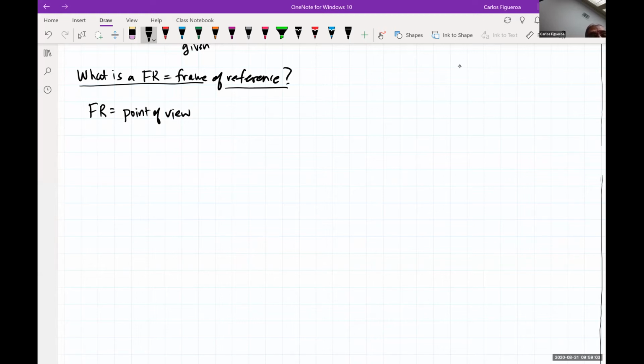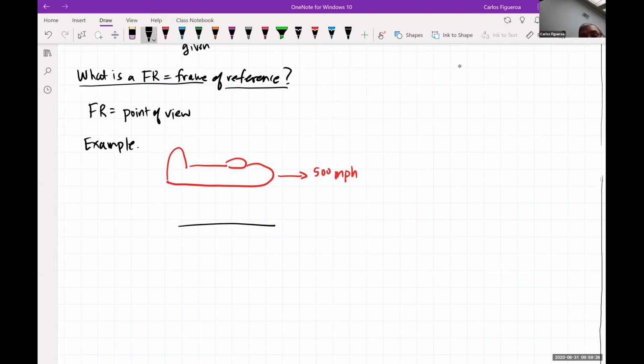And one example that I could think of here is I could imagine that I have a plane. And for the sake of argument, let's say that this plane is traveling at 500 miles per hour. Now, when I look at this plane here, when we say 500 miles an hour, one frame of reference is that of Earth. And if you're in this plane here,